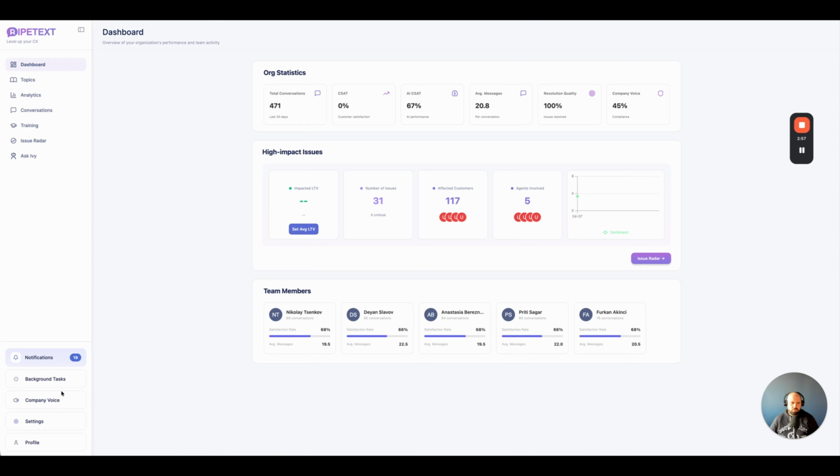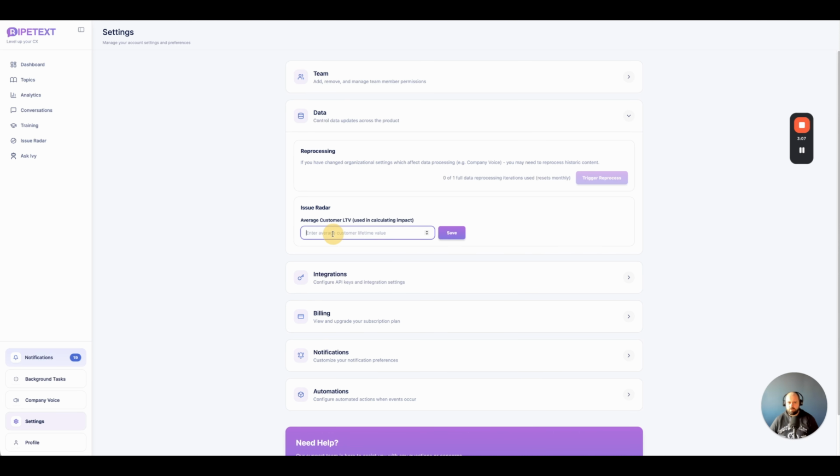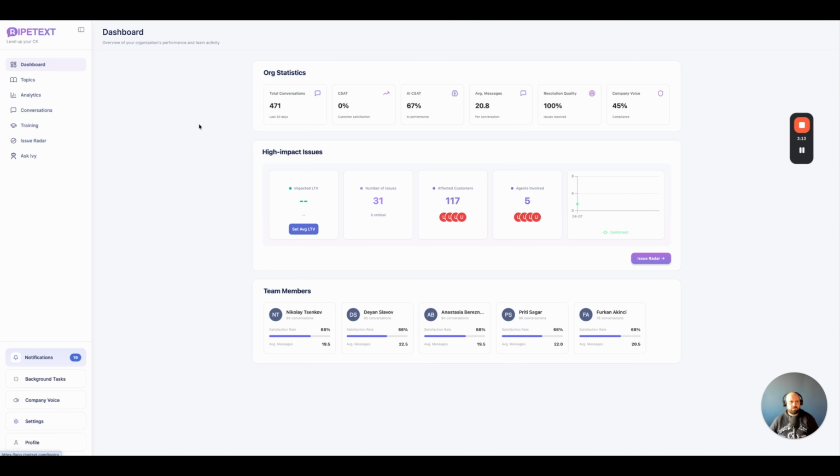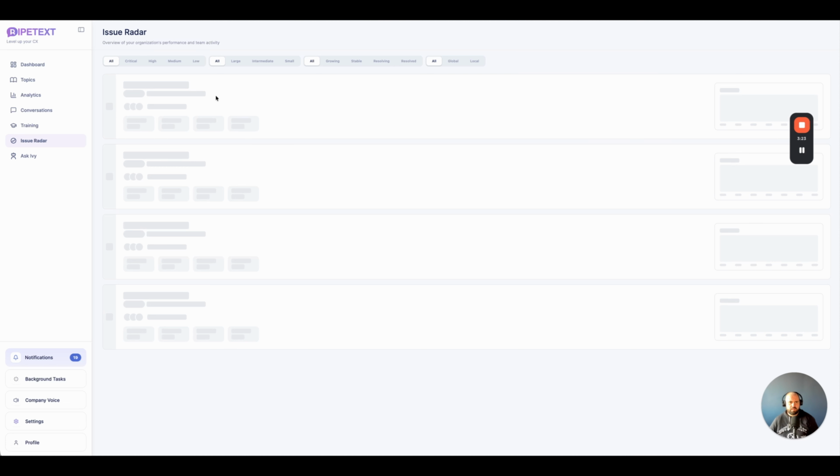So first, let's set an LTV, that's the average LTV for your customer. So an expected average lifetime value of a customer. Let's say that this is like $15,000 expected average LTV. And then we're going to get an estimate on our revenue impact for all of those issues that we have detected. Then we can actually inspect the issues in the issue radar,